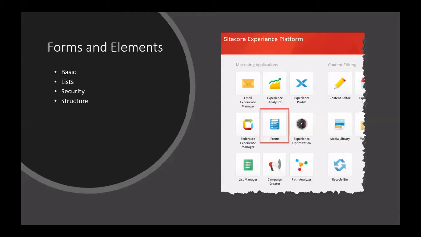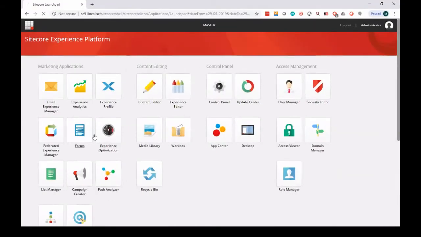Inside the forms, as you can see, it has its elements grouped under basic, list, security, and structure. This is similar to Visual Studio, where the controls are in the toolbox and you can drag and drop them. You can drag and drop the text box, button, anything, and then you just code the backend programming, like what the submit button needs to do. It's the same thing over here. So when you go inside the forms,